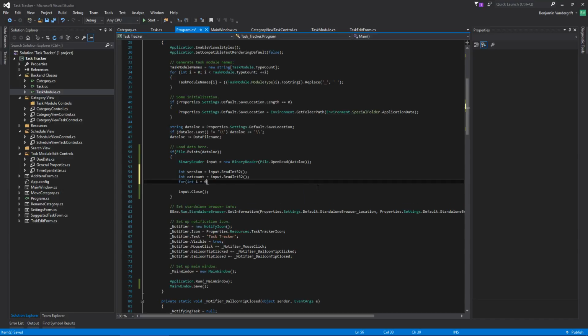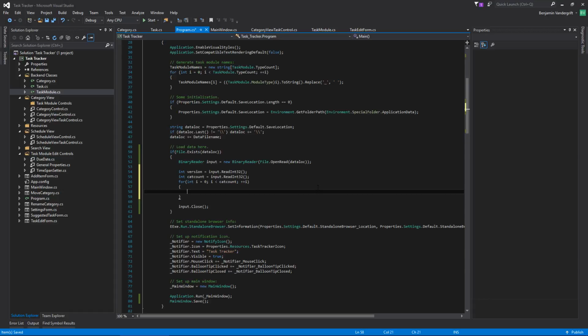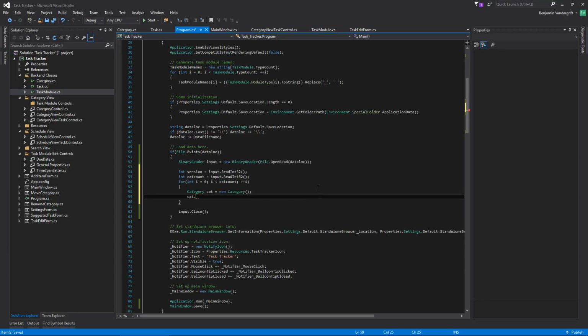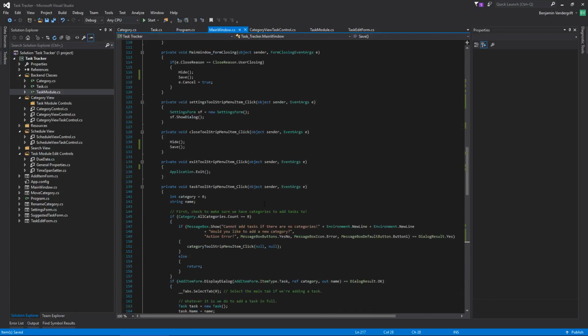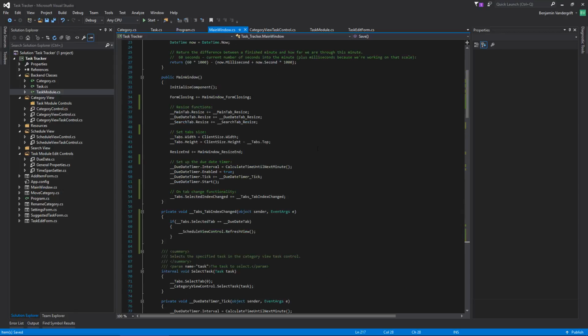So cat count plus plus. I let go of shift too soon. Category cat equals new category cat dot read input comma version, please. Thank you. Okay, so that should read in all of our categories, and then they'll be loaded in our handy dandy file. Main window, when it first opens,